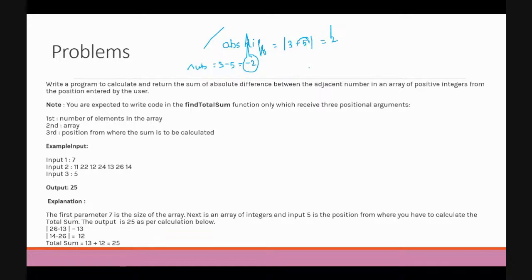That is the question. And in Java, as in almost all programming languages, you have a function to find the absolute difference. So here in Java, I have the Math.abs function.